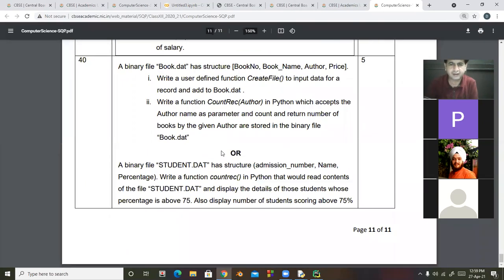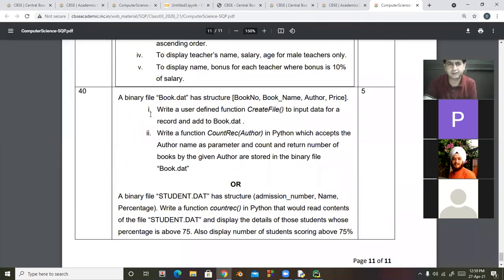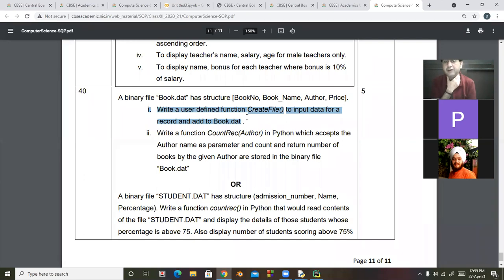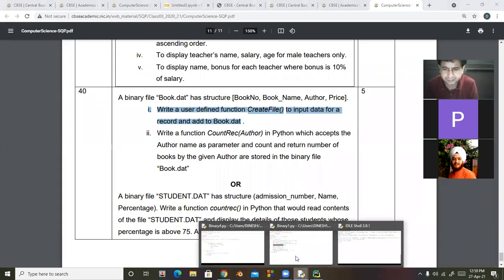We have already discussed one part, that is creating a file. Another part is: write a function count rec author in Python that accepts the author name as a parameter and counts and returns the number of books by a given author. So I'm going to make this program.